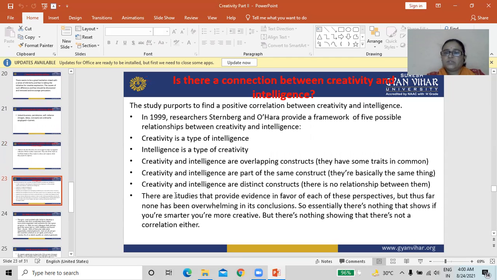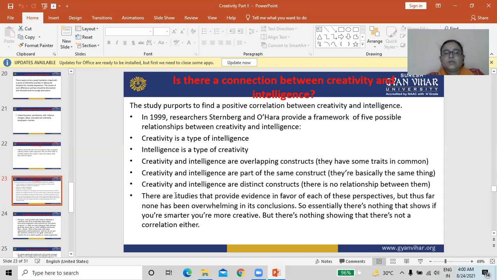Now we will discuss whether there is a connection between creativity and intelligence. Studies support a positive correlation between creativity and intelligence.